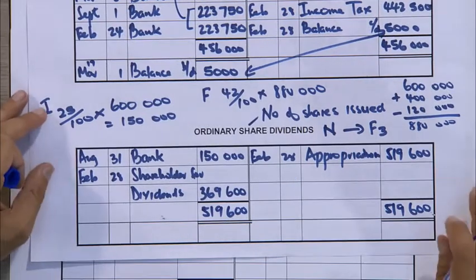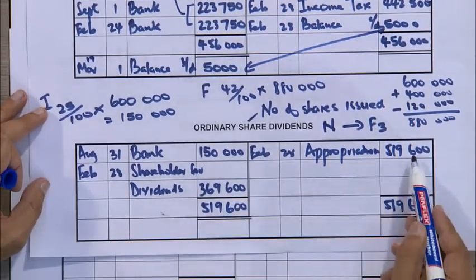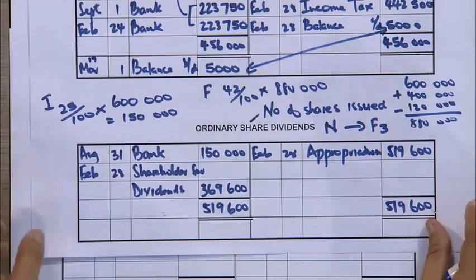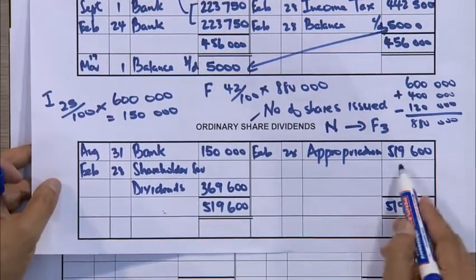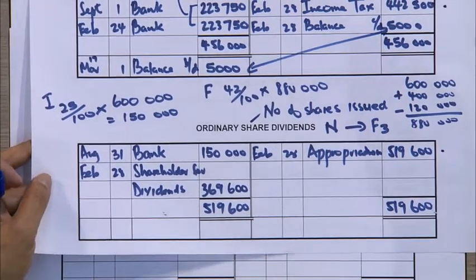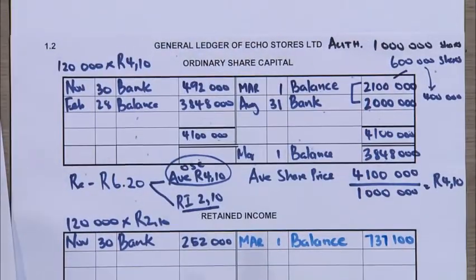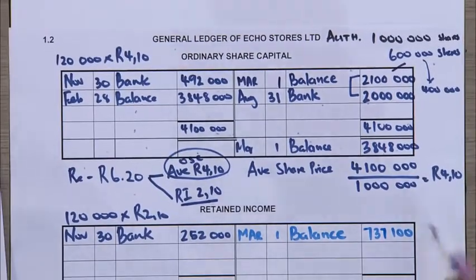Okay, we'll come back to answering a few questions there quickly. Let's just have a look at this. It will close off to appropriation. So when we do the appropriation account, we're going to need that figure. We're also going to need the income tax figure, and we're also going to need the retained income figure. So let's just go back to the question quickly. It was, how do we calculate